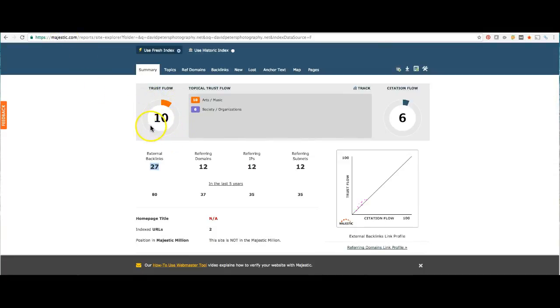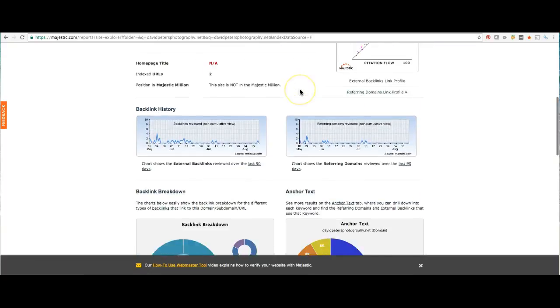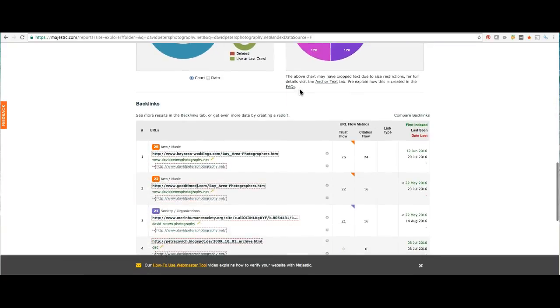So, these two numbers here, this is a site called Majestic, through which we track backlinks, and then this trust flow and then the citation flow. They're both indicators of the quality of the site and of your site, as well as the links coming into your site and so on. So when you kind of look at this, sites with trust flows of 25, 22, 21.